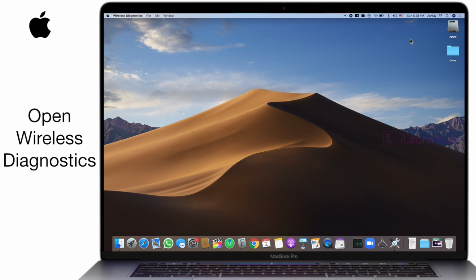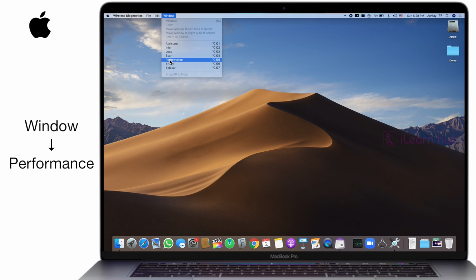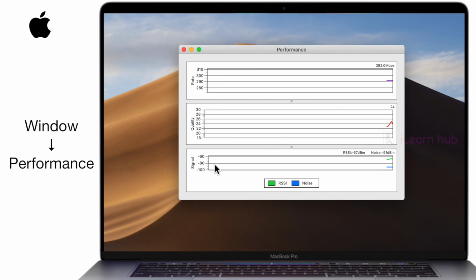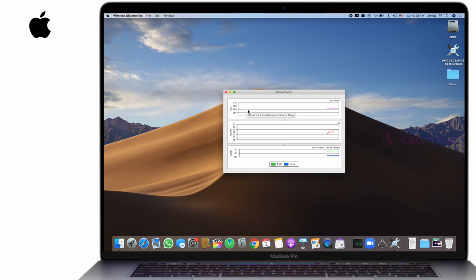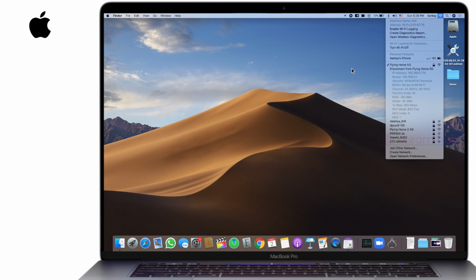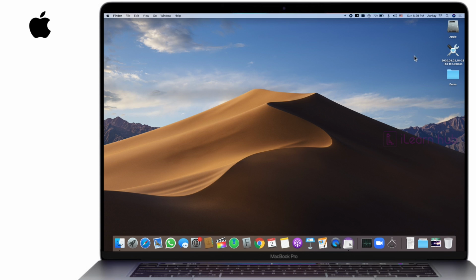Once you open it, instead of that, you can just go into your window and click on performance. You can see a lot of information related to your signal strength and signal quality, and similarly signal rate, I mean the transmission rate. So this entire information you can identify between your Wi-Fi chip and your Wi-Fi router. That whole information is available by holding the option key on your keyboard and then clicking on your Wi-Fi symbol. So that's how easy it is. In fact, you can even see the Wi-Fi router address also.